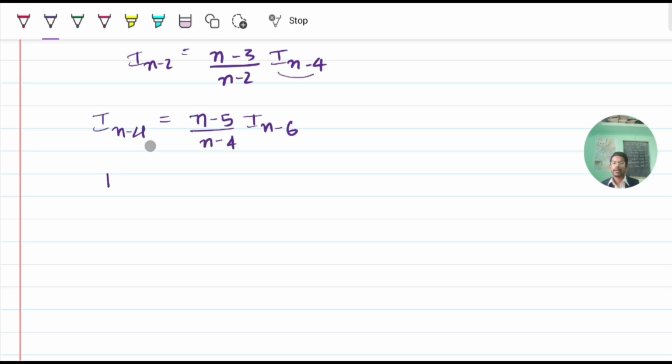And let us reduce this. We get I_{n-6} equals (n-7)/(n-6) into I_{n-8}, right? When we continue this process,